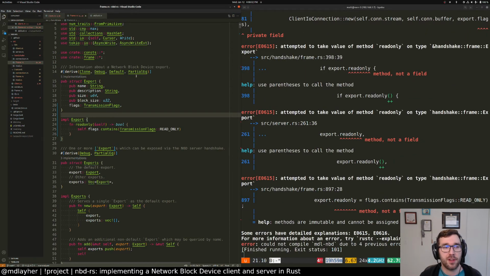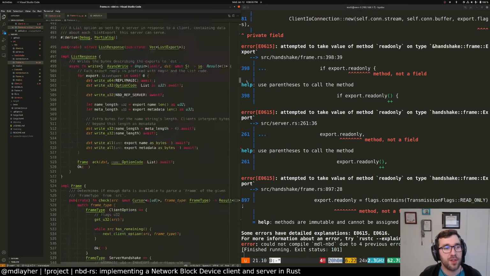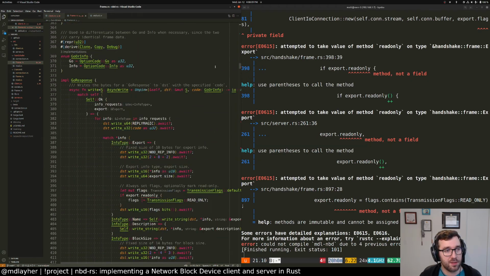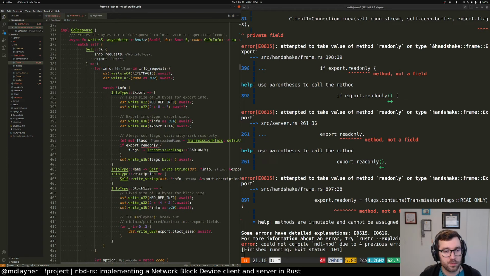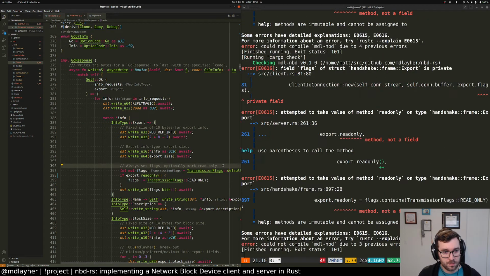Let's see here. So handshake frame 398. I want to expose all these flags, but I want to do it in a way that makes sense. So when we are writing a go response, this is coming from the server perspective for this crate, and we want to enforce that we always support all the capabilities, plus the ability to be read only. So